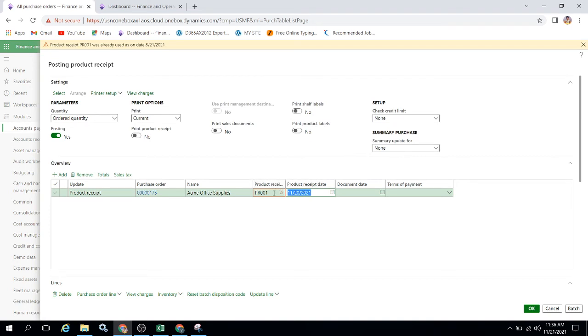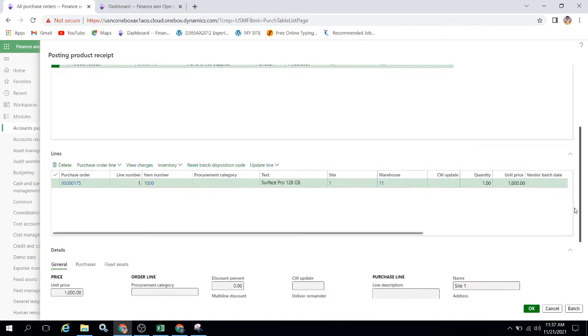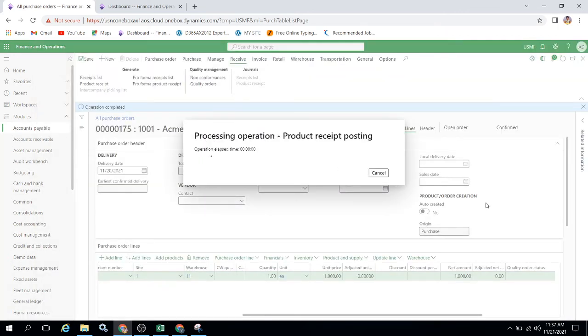It is already there, so we'll go with trans charge, otherwise we'll go with 11/21/2021. So I'm giving that date, taking the ordered quantity, and selecting the lines. Let's click on OK.